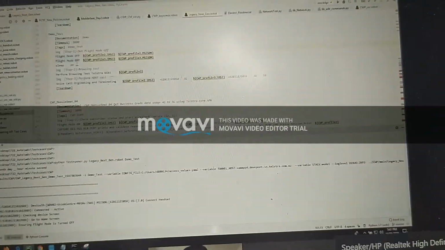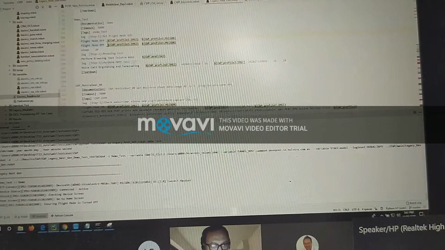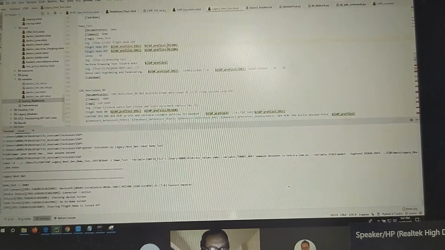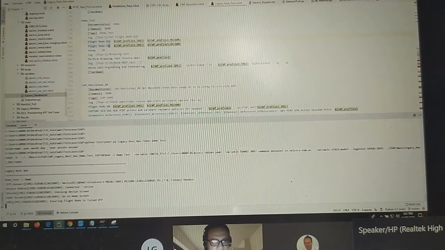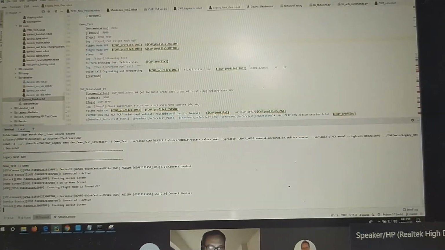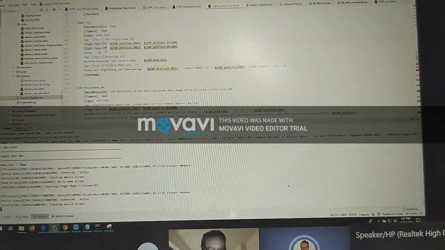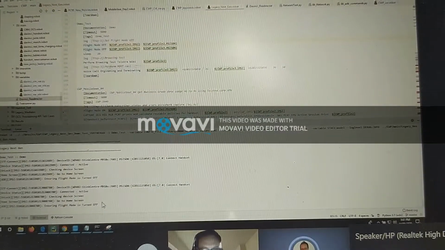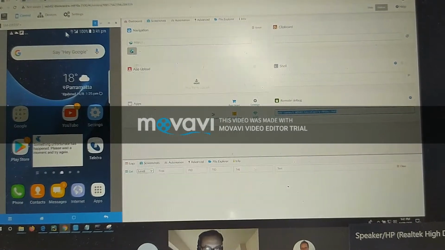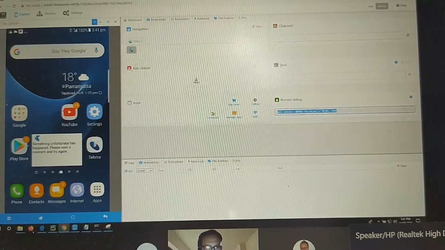As you can see, we have connected to the first handset. This is the handset. As you may know, you may have already worked on Robot and Python. So this is the keyword, and these are the variables that I'm passing to this keyword, which are the MCC, MNC and MSISDN details. Using these details, I'll connect to the device and make flight mode off for both handsets. Now it has made flight mode off, as you can see here. Both the devices have come up.